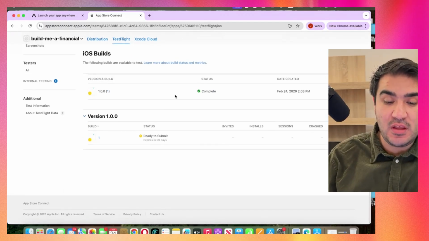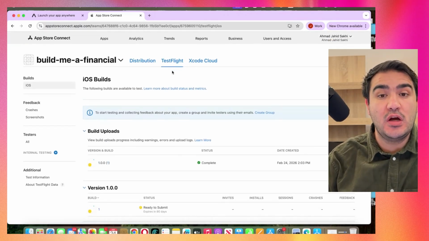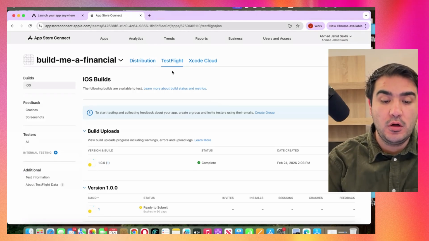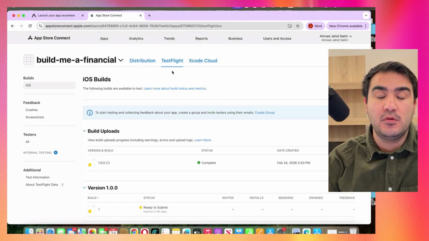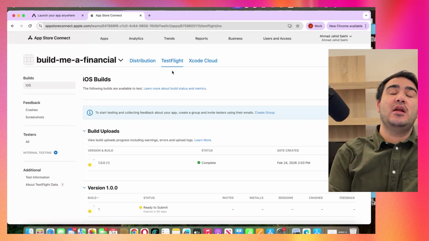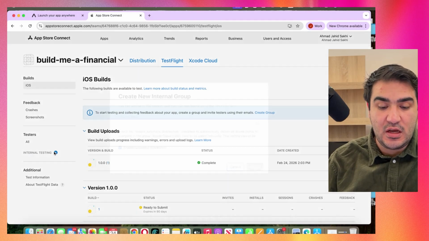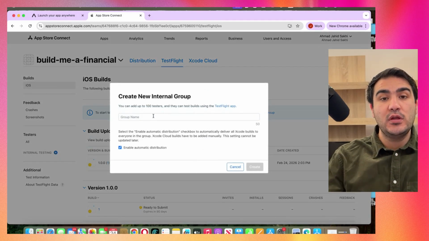So once you have it here, then you will receive an email to actually go test it out. So we haven't received the email yet. That's why I was waiting, and it might take a bit longer for Apple to send me the link. But once I have the link, then I can go and test out how the app works. But also, as I said, you can actually create a testing group that you let other people